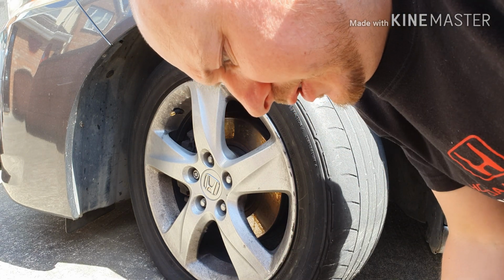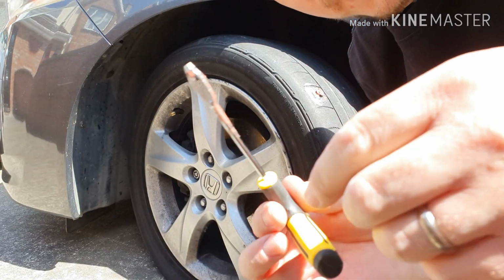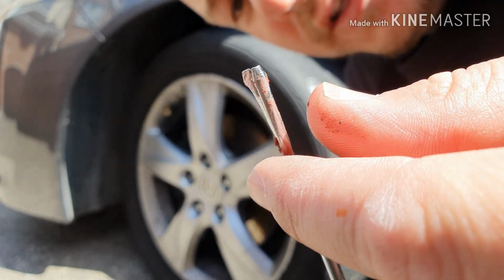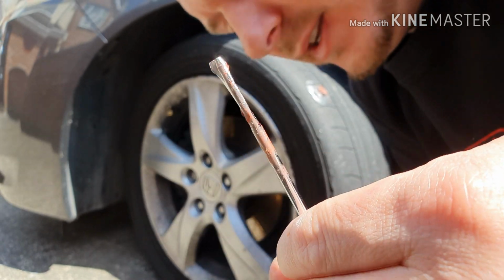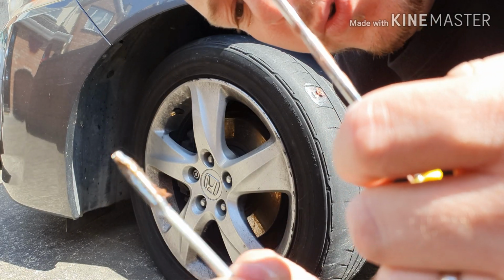Okay, I have noticed something that I don't like about the AliExpress one, is that this part here, as you can see, it's bent. As I was putting it in, it was bending. Now, I can bend it back into shape. But the one I got off eBay,